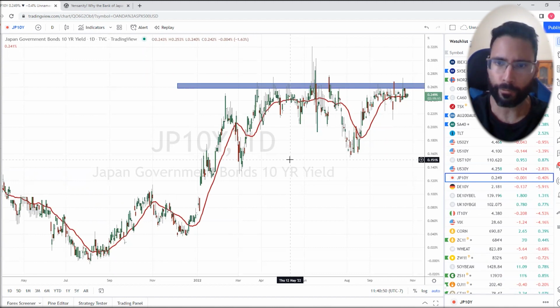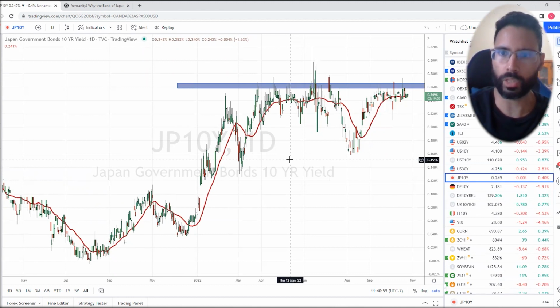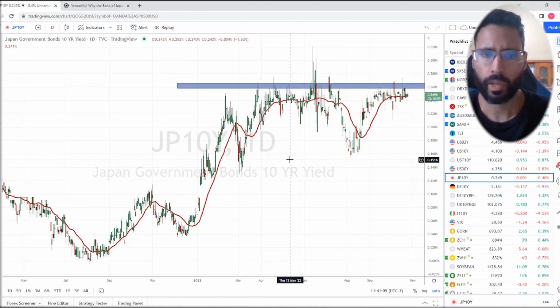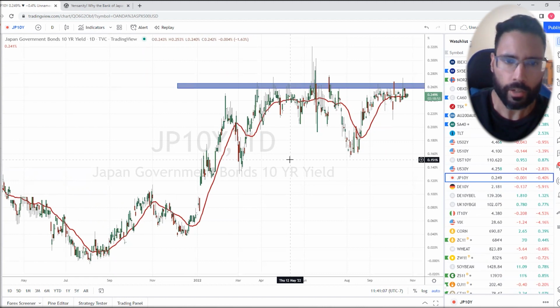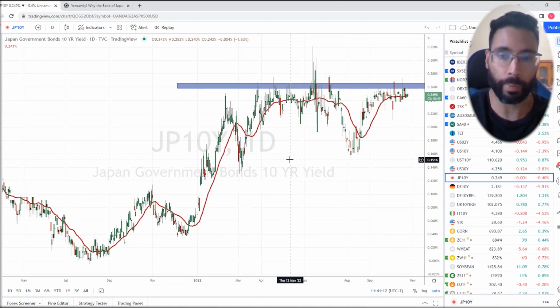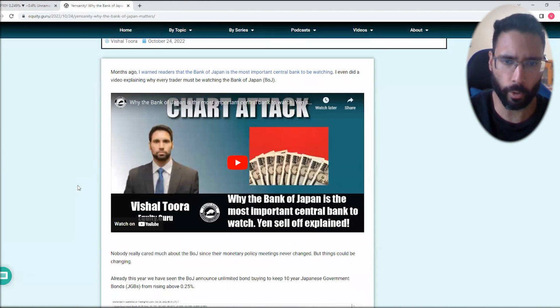So if Japan does, let's just say, I'm not saying they're going to do it, but if Japan does raise interest rates, I think it would cause a big shock to the bond markets around the world, because now this Japanese money that's been buying foreign debt in the US might consider coming back to buy domestic JGBs, and that would basically lead to potentially US yields and yields around the world spiking. And I've talked about that in a previous video.